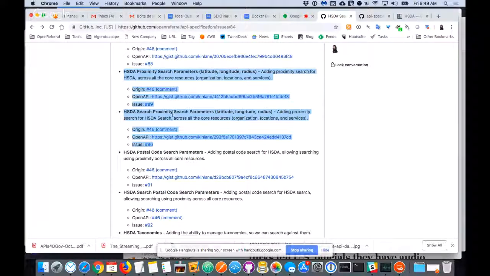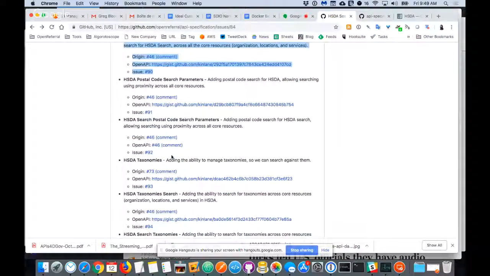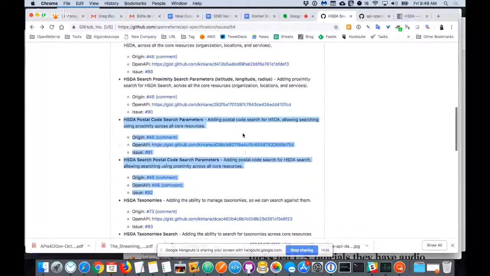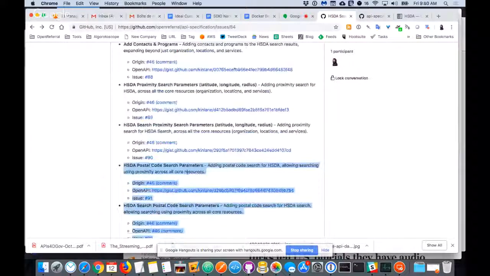And whether we do it at the global search, the HSDA search, or the individual path is what's up for debate. Search by postal codes is similar. It's another facet that needs to be brought up from the underlying, and just make sure, because validating like a keyword search